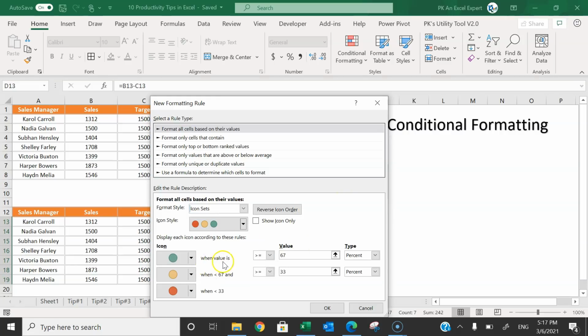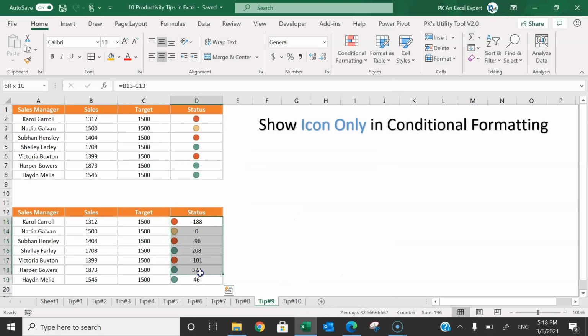Now here I will put when the value is greater than 0, then we will show in green, and let's take here number. Similarly here also. And if value is greater than or equal to 0, because the first condition will run first, so you can keep here greater than or equal to 0, then it will show this yellow. Otherwise, when it is less than 0, it will show this red. If I click on OK, then here you can see it is showing proper conditional formatting, but it is